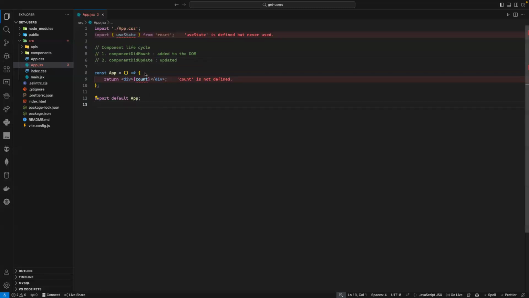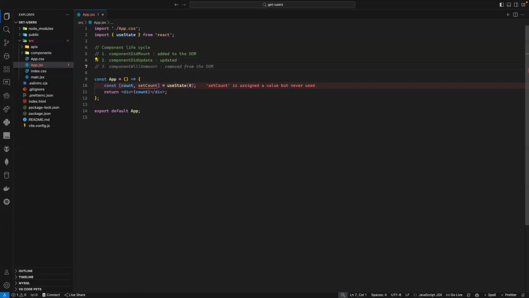For example, if I have a piece of state here, whenever the value of the count changes, my component is going to re-render, right? And that's what we call componentDidUpdate. So this component is being updated. And the last phase of the component lifecycle is what we call component did